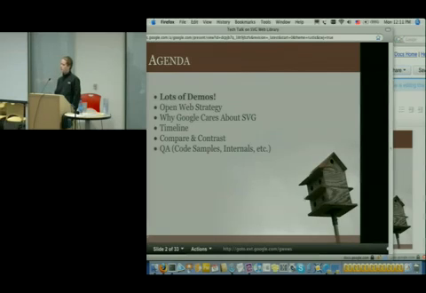I'll briefly compare and contrast SVG with other things that are out there to figure out where this fits in. And then I'm going to leave a lot of time for QA, and depending on where the audience is, I can crack open the code editor, and we can start seeing how you use this. I can talk about the internals if you want to know what's going on inside the system. So that's the general overview. And at any time, please feel free to raise your hand and ask questions.